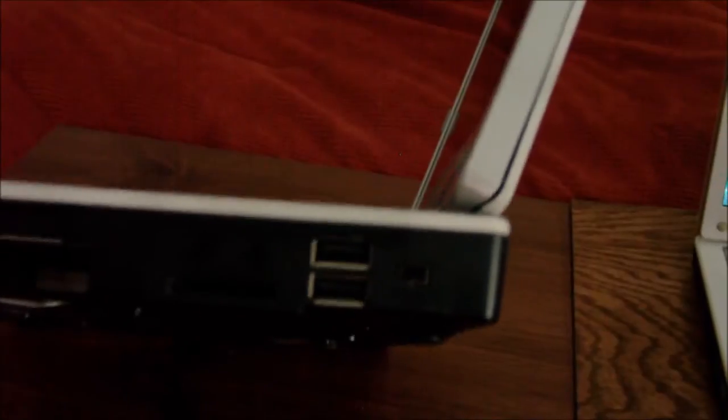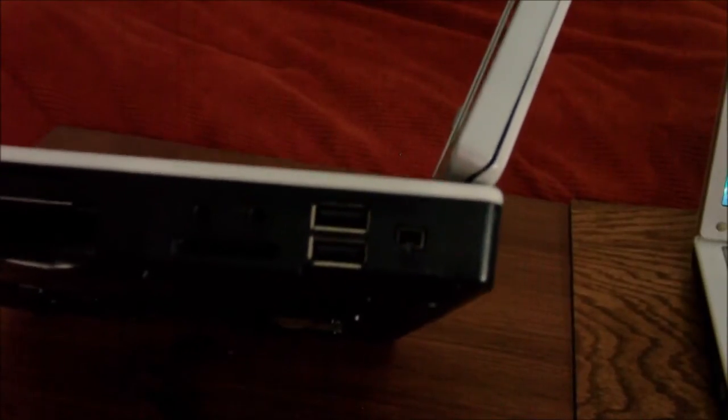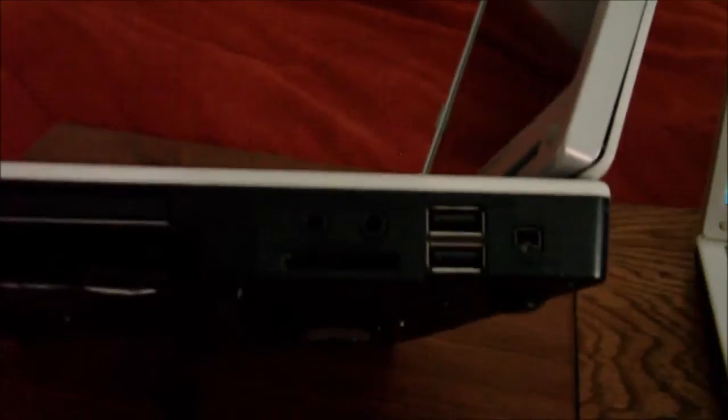Sorry guys, I accidentally pressed the stop button on the camera, which is really weird of me. But anyway,